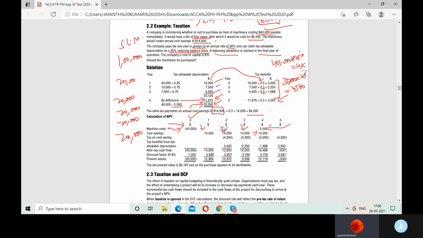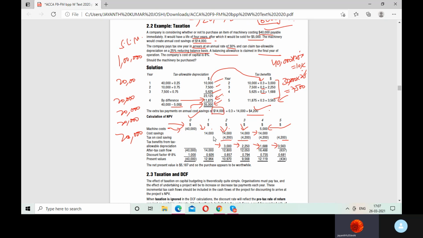And then you are paying taxes in arrears every year. Correct? And you pay taxes on your savings. Am I right? This benefit. Yes, sir. What is the tax you're paying? 4,200 on 12,000, in arrears. And then you get some tax benefits. That also you need to show. Right? Okay? For tax allowable depreciation, and that too in arrears. You paid first year's tax in the second year, and then only you got the benefit in the second year. Correct? Yes, sir. Correct or wrong? Correct. Yes.